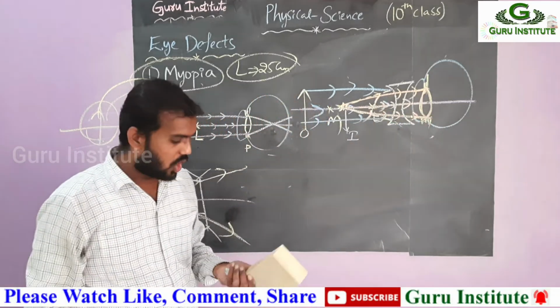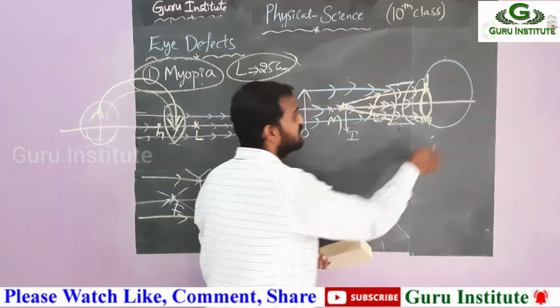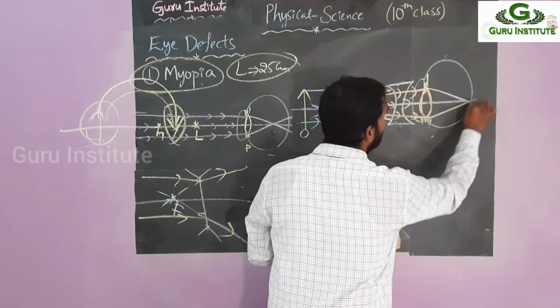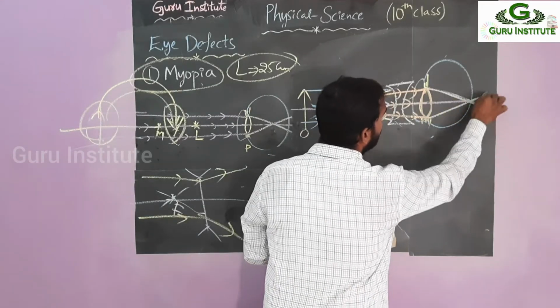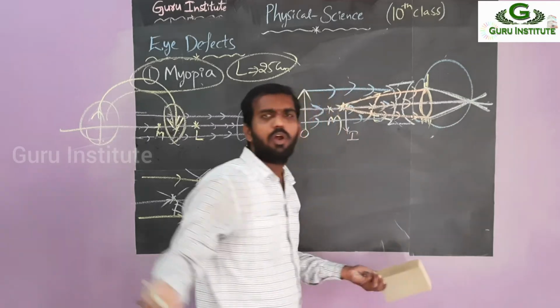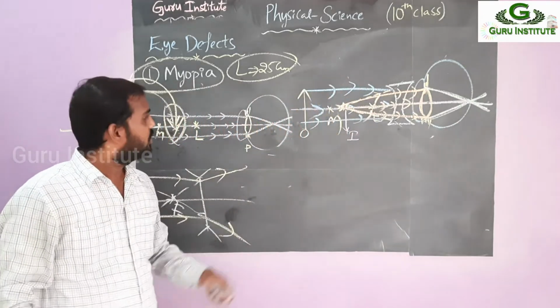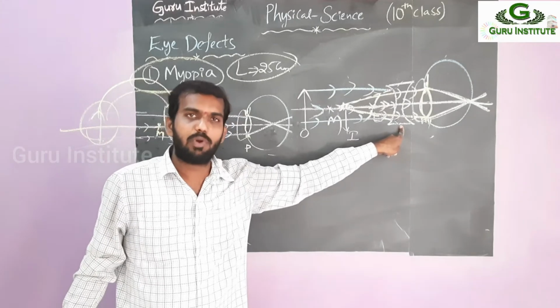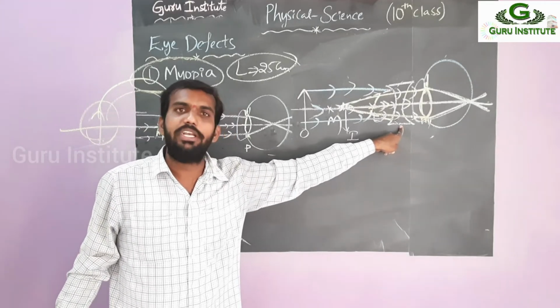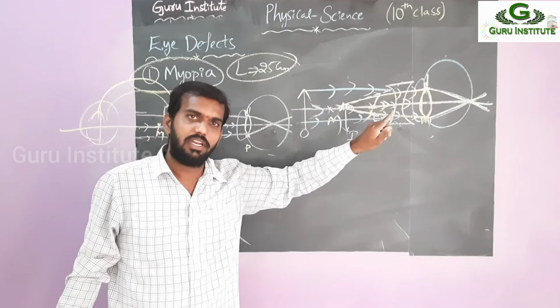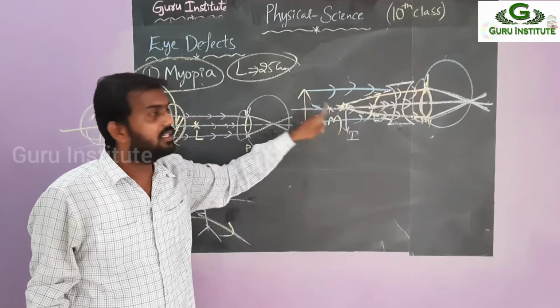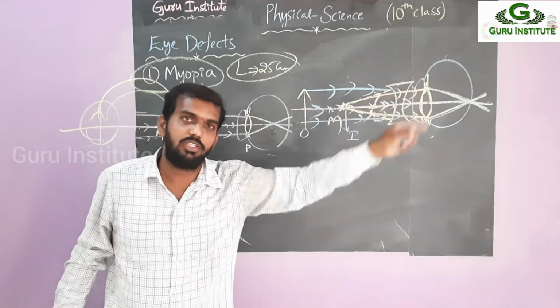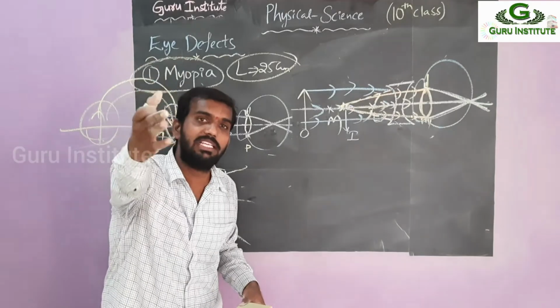Clear? Now after refraction, they meet on the retina. Then the problem is solved. Understood? Whenever you are adding a concave lens, its property is that it is a divergent lens. So it extends the rays to the back side, which means it shifts the image forward. Whenever you are using a concave lens, you can see the far image as a near image.